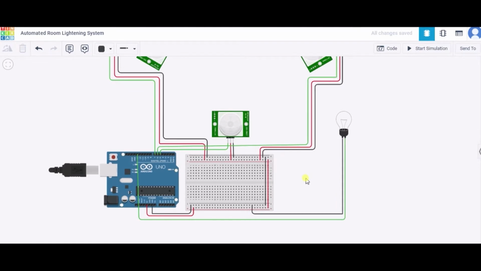First of all, let us see how to connect this PIR sensor. It has a total of 3 terminals. First is the signal terminal. We will connect each signal terminal of the sensor to pin number 5, 6 and 7 of this Arduino respectively. After it, we will connect the power terminal of this PIR sensor